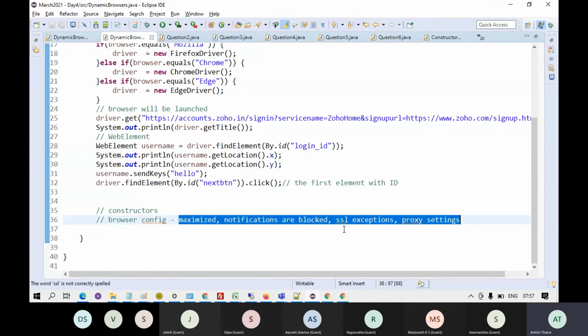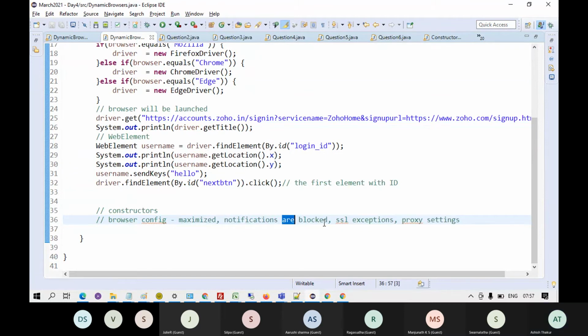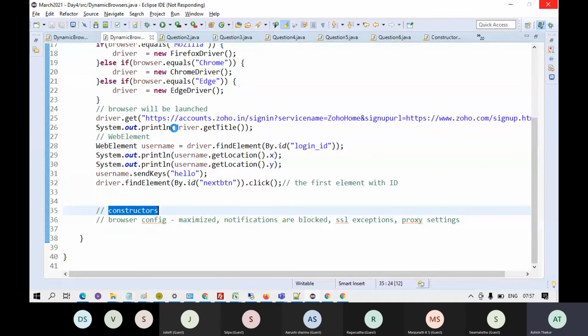Gradually, I'm going to tell you about these as well. Just be with me. Right now, just understand there is something known as constructor, and it helps you to initialize the object in Java.